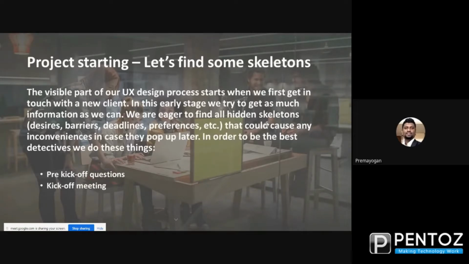So when we are starting off the project, there are two steps which you are going to do. One is project kickoff and another one is the questionnaires round. Most of our team are from sales, so you would know that before kicking off anything,